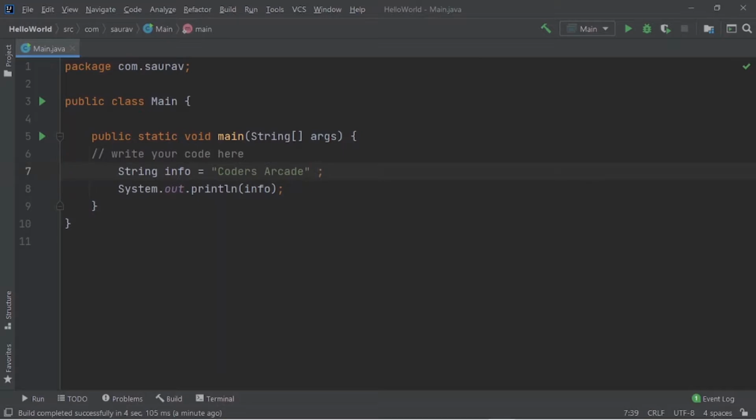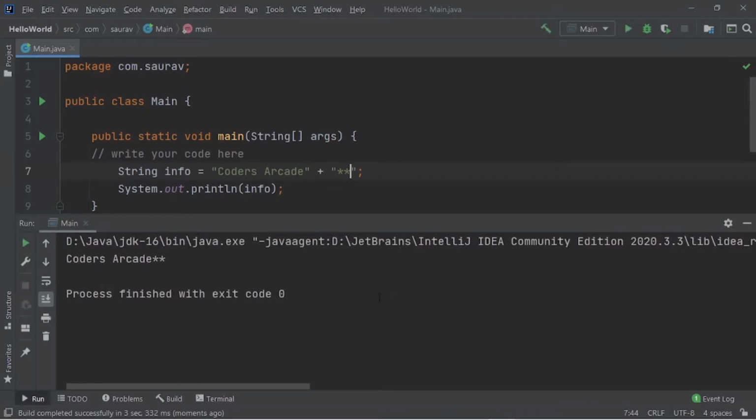We can use the plus or the concatenation operator, followed by, inside the quotes, say two stars. Now if I run this, let me show you the output. You can see I'm getting Coders Arcade followed by the two asterisks or the stars. So this is how you can concatenate two strings or two string literals.